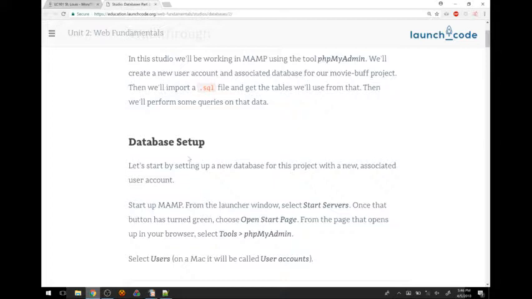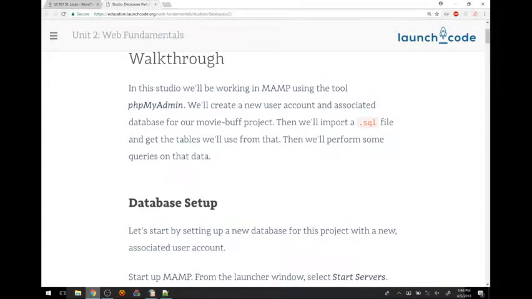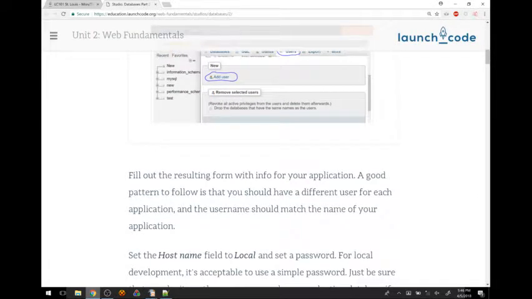You'll notice in the walkthrough it says, oh yeah, here it is: a good pattern to follow is that you should have a different user for each application.